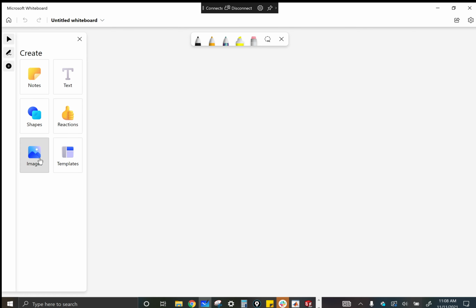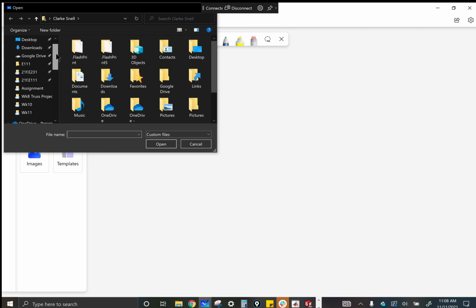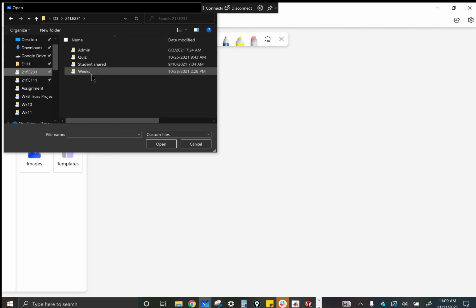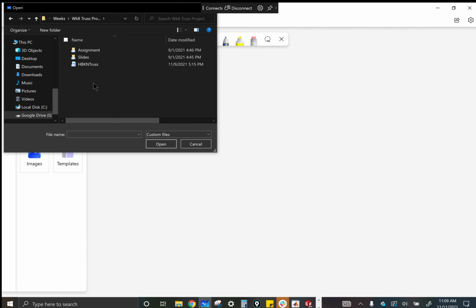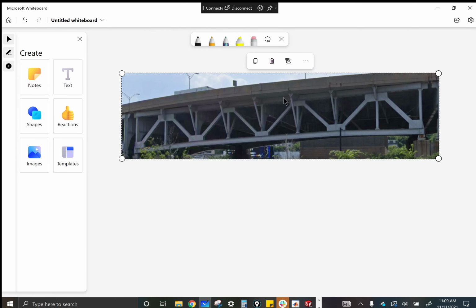Oh, and by the way, I opened this up today. They've completely changed the interface for this app. So let me see if I can figure out. I was going to bring in that picture. Yeah, that's not too bad. I don't know why, I thought it was fine before. I don't know why they wanted to change it, but that's the world we live in now. Everything's got to be changed all the time. So